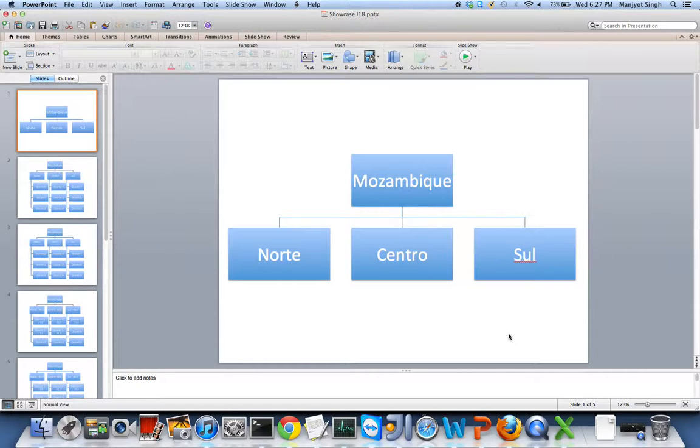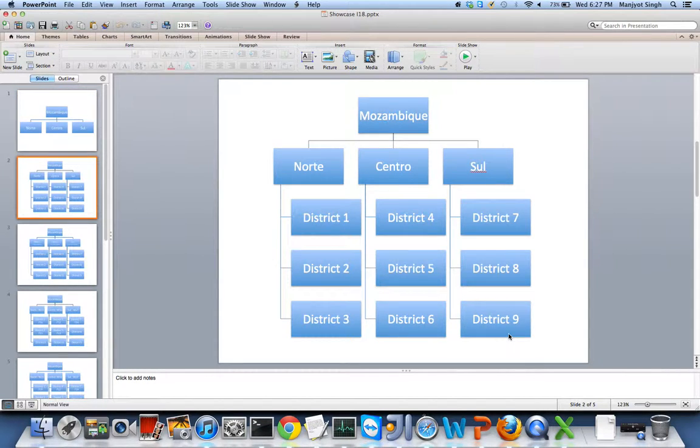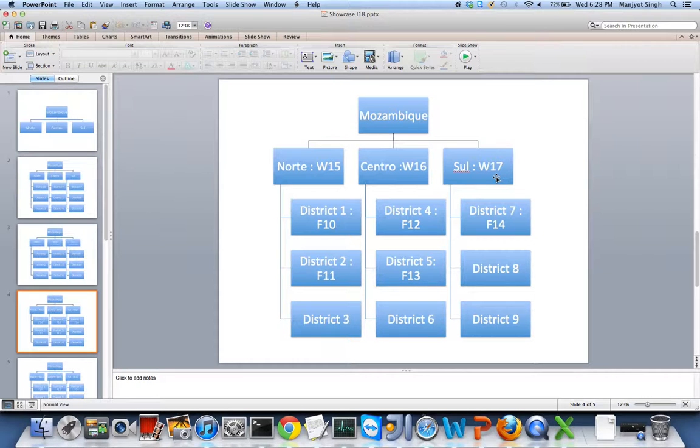So for example, in this case, we've taken the example of Mozambique, and we've said that there are 3 delivery zones in Mozambique. One is Norte, Centro, and Sul. What we've done further is gone ahead and attached programs on a monthly schedule to them, which is Norte follows vaccines on a monthly schedule, Centro follows vaccines on a monthly schedule, and Sul also follows vaccines on a monthly schedule. What we have further done is, we have arranged Norte, Centro, and Sul as 3 different districts, and